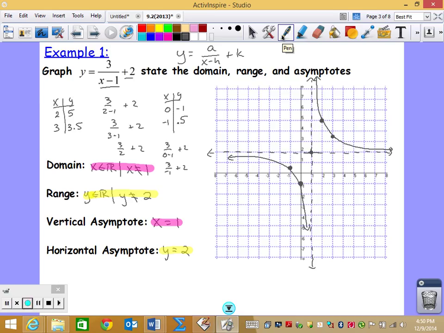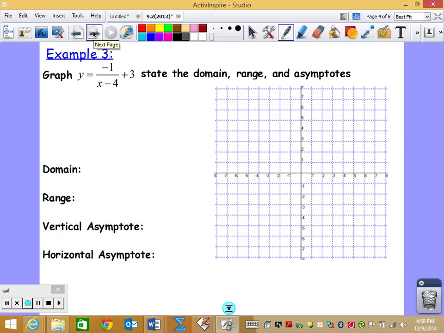So, second example. Again, another one in what I consider good form. So where we started before, x equals 4 is my vertical asymptote, and y equals 3 is my horizontal. So that's the first thing I graph. Vertical at 4, horizontal at 3,